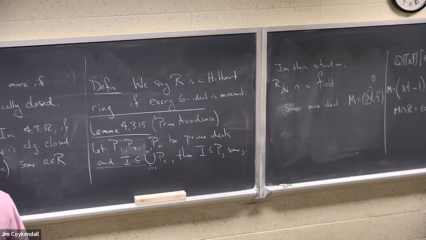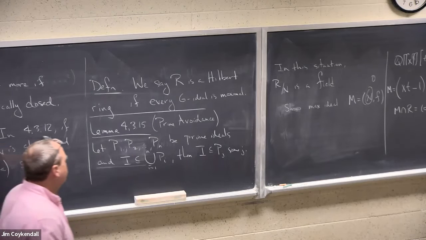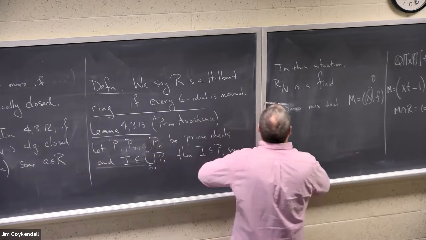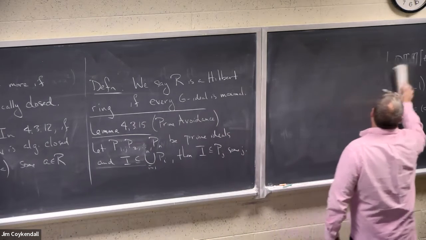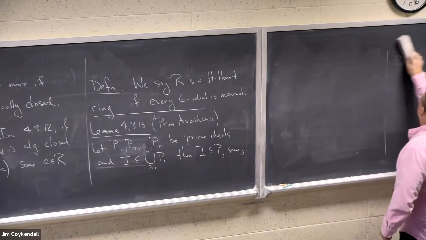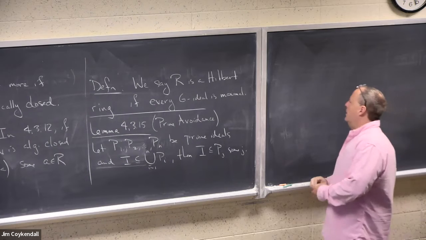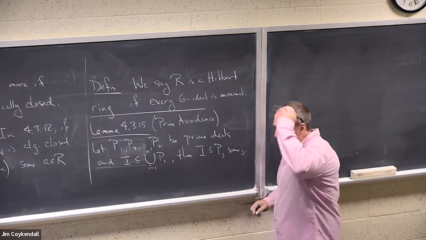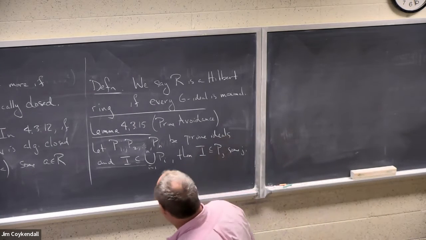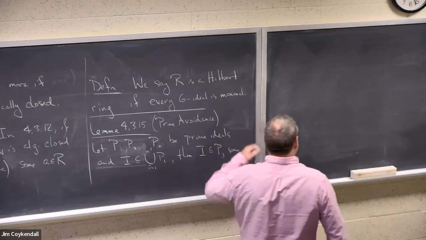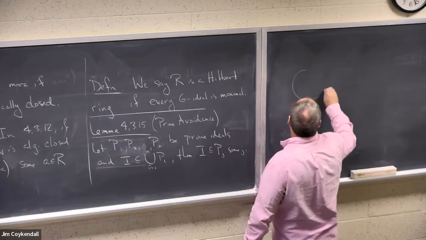And this is often called prime avoidance. This is kind of a nifty little theorem because it says that if you... actually, let me give you an example before I prove this to show you. So what it says is if you have an ideal,